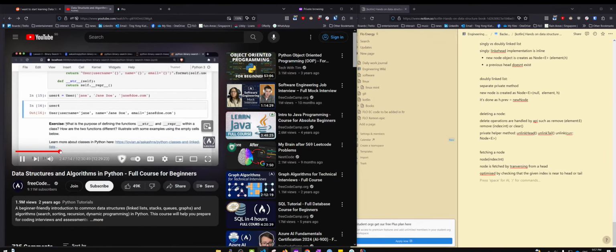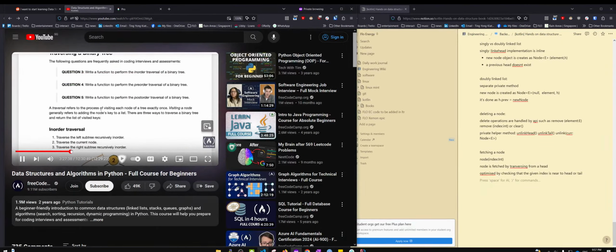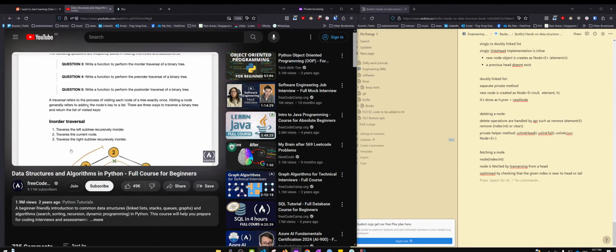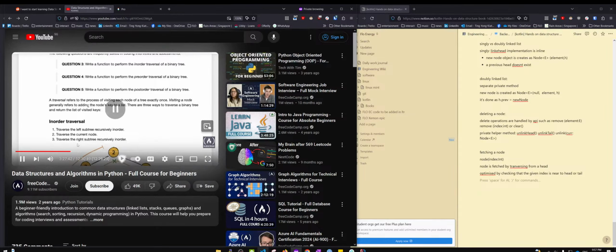Purpose of defining the functions str and repr within a class. And how are these two functions different? Now what do you mean by a traversal? A traversal refers to the process of visiting each node of